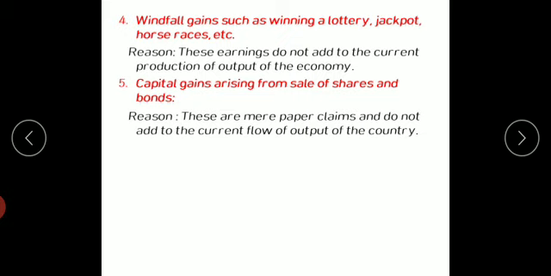Also, you can say that suppose you have a plot of land, and the price of the land was 50,000 rupees when you purchased it. Now the value of the land has increased to 70,000 rupees, so you are gaining 20,000 extra by selling the land. It may be due to demand, but it does not mean that you have created any output of 20,000 extra for the economy. So when the value of land or a building rises over time, that is also one type of capital gain, and that will not be included in the national income.